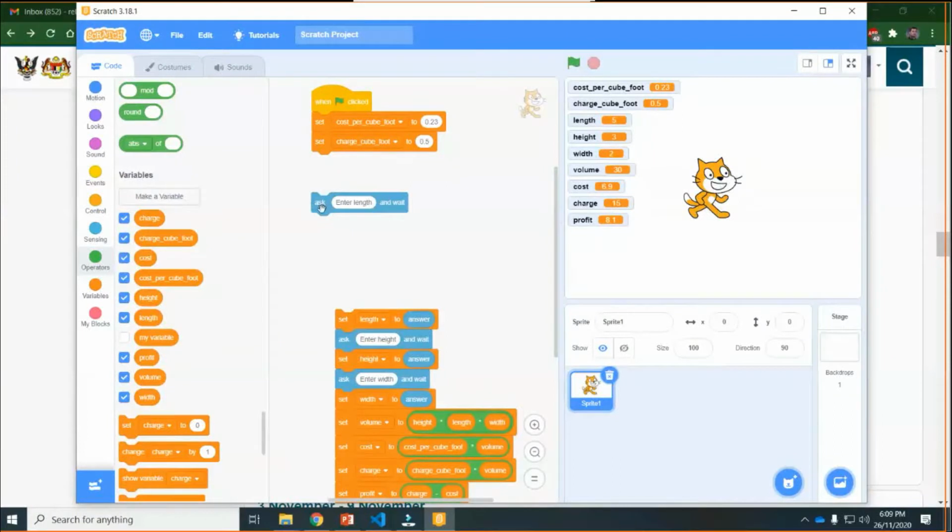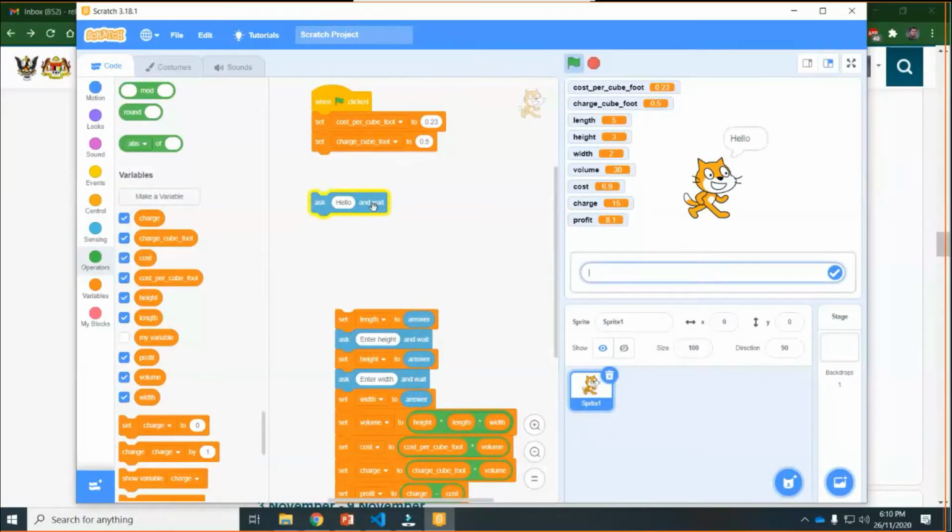I'm just clicking this one. You see, click. You see, enter length. So it displays the message, whatever you type here. You see, I'm changing it to hello. Now stop. Click again. You see, hello. Actually, it is a prompt. From a C++ point of view, it is the combination of cout and cin statements together.